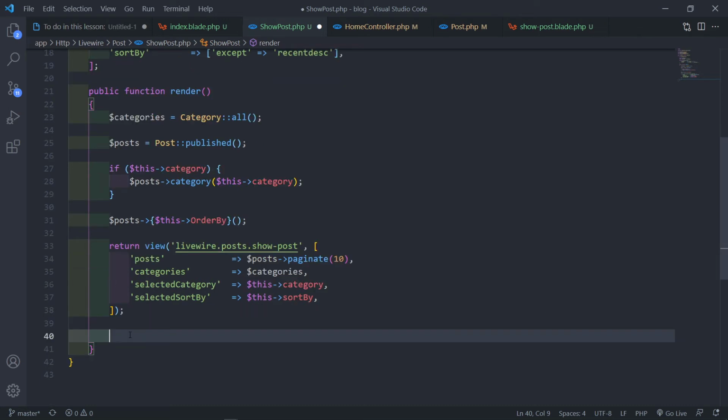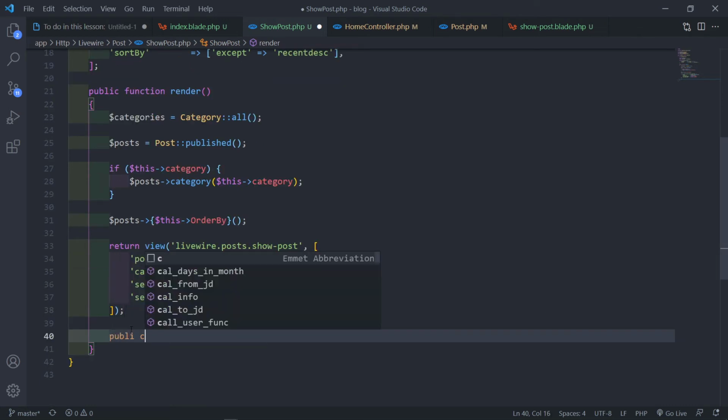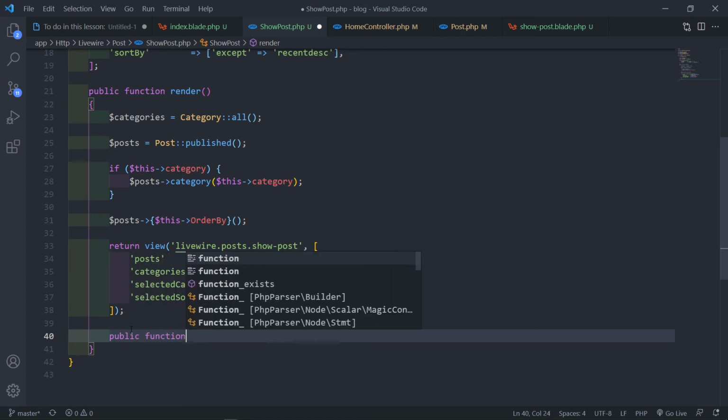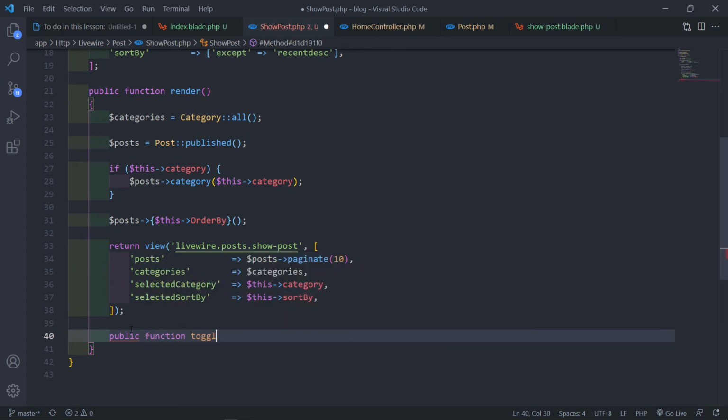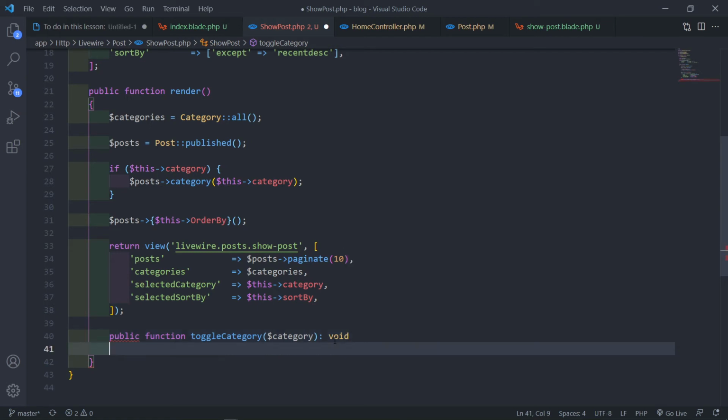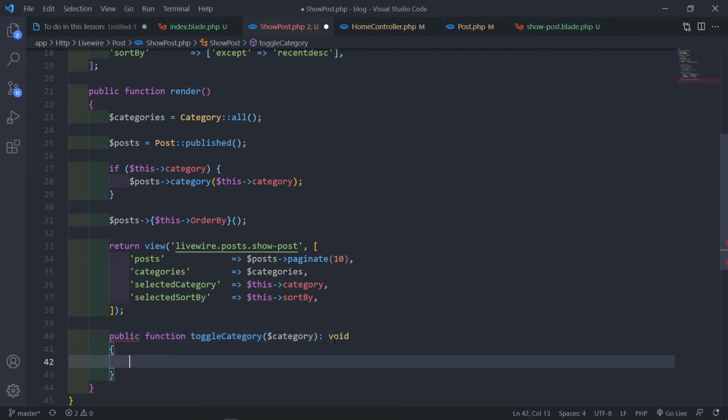So the next thing is we need to add our public function of toggle category. We're going to take in a parameter called category, and we're just going to add a void. Then this category is going to equal